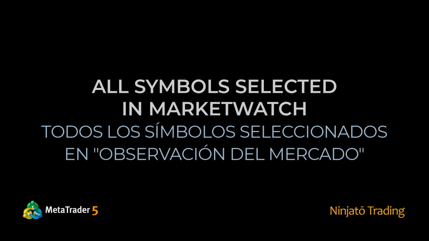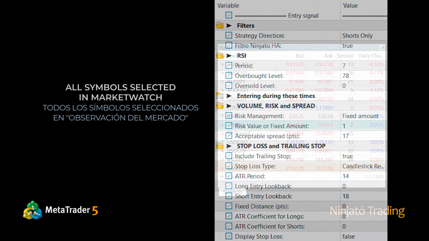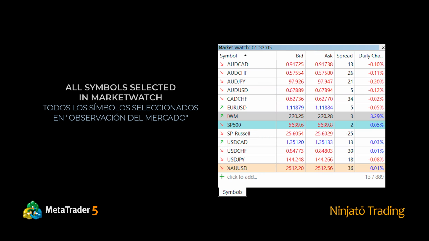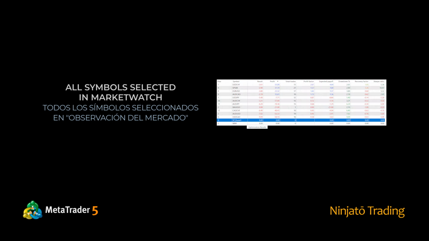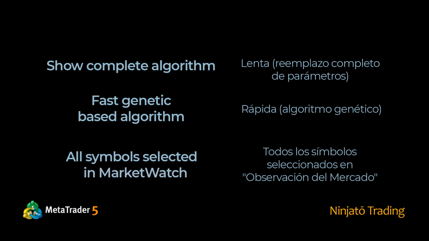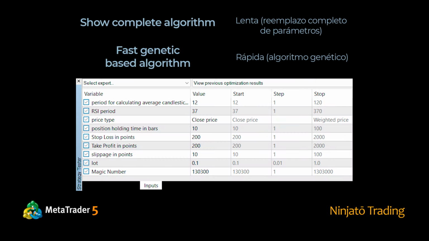All Symbols runs the Expert Advisor on different assets. It does so with the parameter settings we have chosen. It includes all the symbols present in the MarketWatch window and ranks the results based on the optimization criterion selected in the second menu. The other two options do not compare assets against each other. They compare different parameter configurations. They do this within certain limits that we set in the Start, Step, and Stop columns in the Inputs tab.